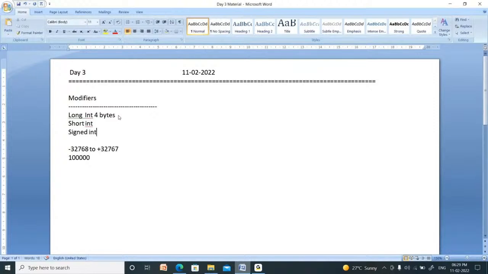Minus 2, minus 3, minus 4. All negative numbers have a sign, the minus sign. Those numbers are called signed integers. I want to store only positive integers. Then I can say unsigned integers. The long, the short, the signed, the unsigned.